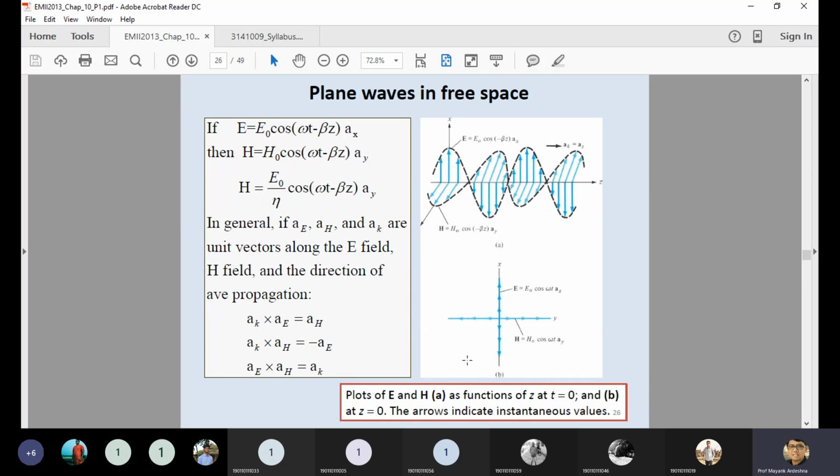So let me discuss, if the signal has an electrical field present in the x direction, you must consider the magnetic field in the y direction, because the z direction is the direction of propagation. So you should know only two parameters, the direction of propagation and either the electrical field or the magnetic field components. Then you can easily find the other field component.